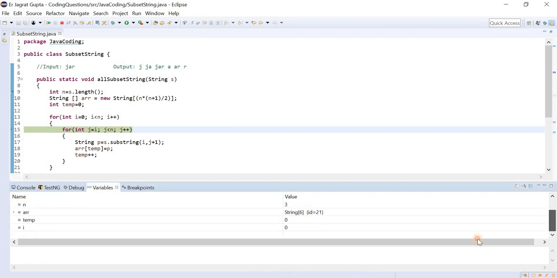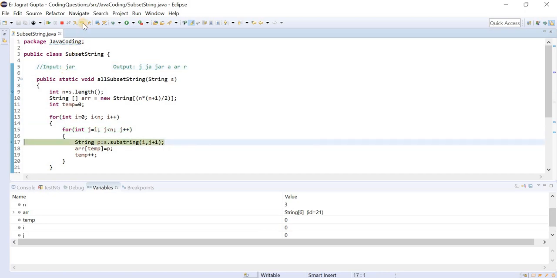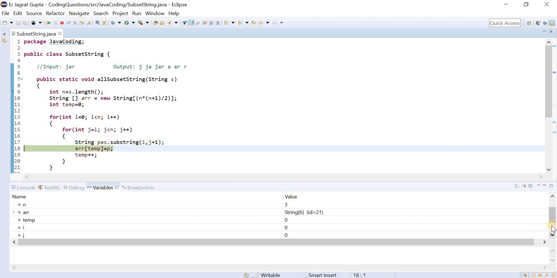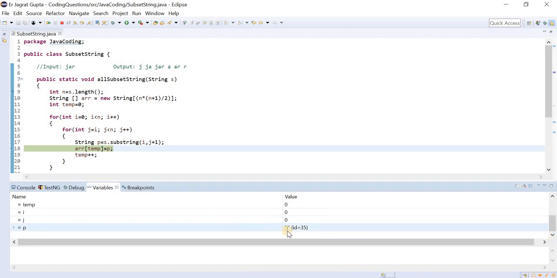You can see that i is equal to 0, meaning the value at i is j, and j is equal to i. Firstly, the value of j is 0, and let's see what it will print.